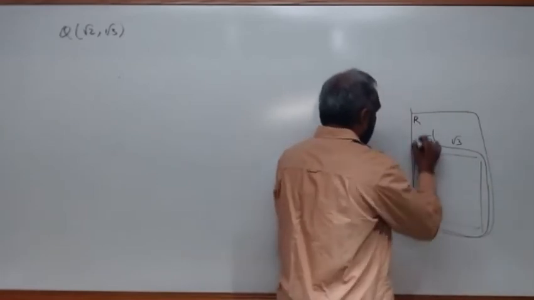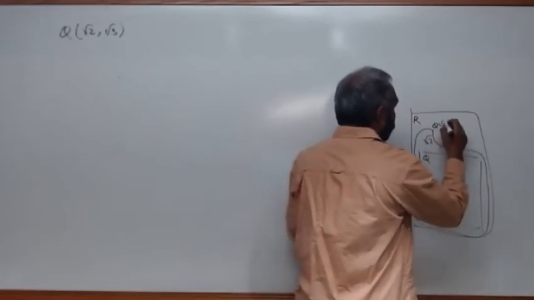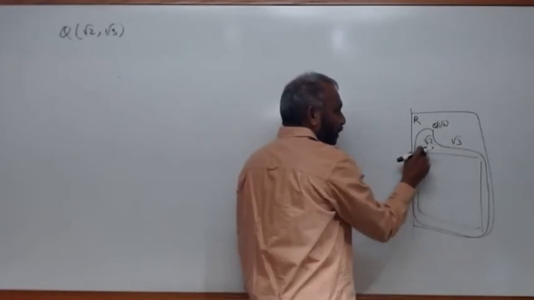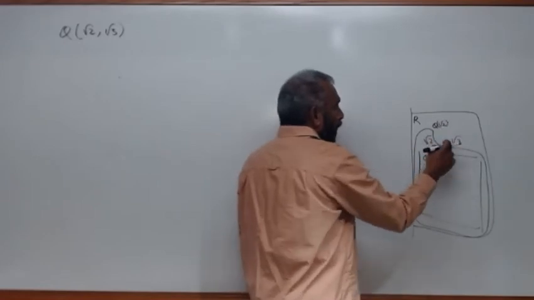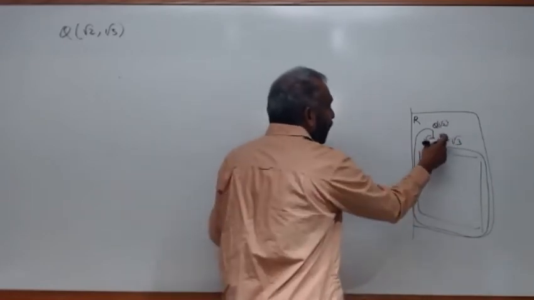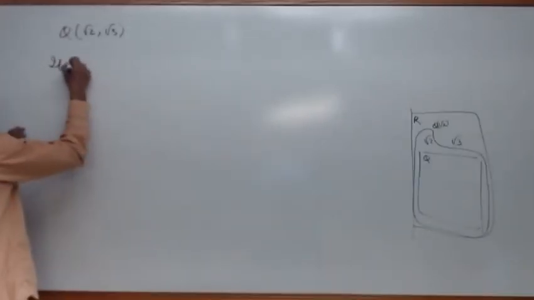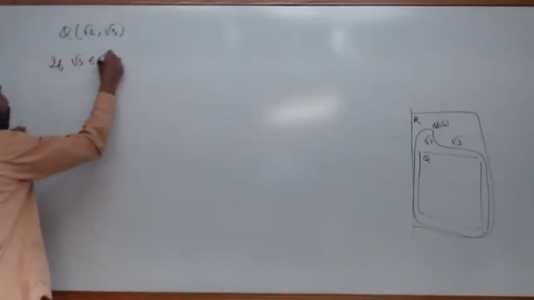So this is our Q(√2). We need to find out whether root 3 belongs to this or not. If root 3 belongs to Q(√2),